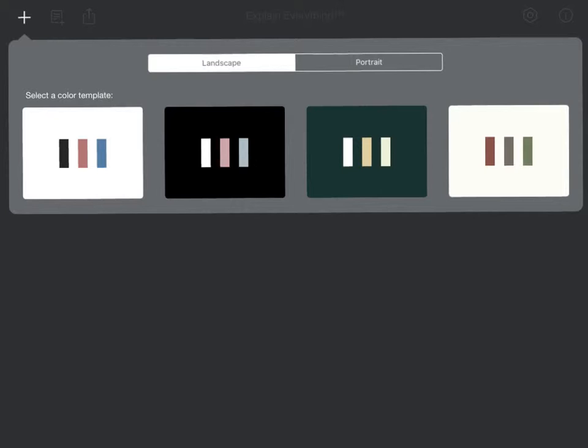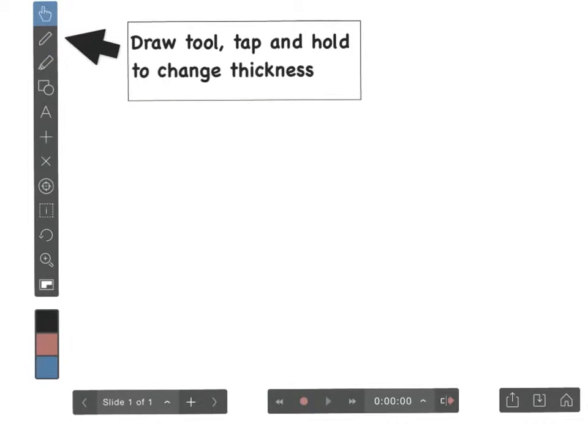Now let's choose a color template. I'll tap on the white background with black, red, and blue pen colors. Beginning our new project in Explain Everything, we're at the blank canvas screen with all the tool options on the left. First one, I want to talk about the draw tool at the top, and below it a marker that's a little thicker. You have colors to choose along the bottom,